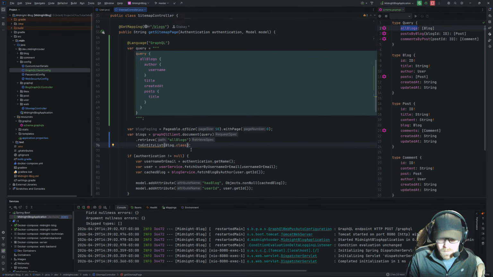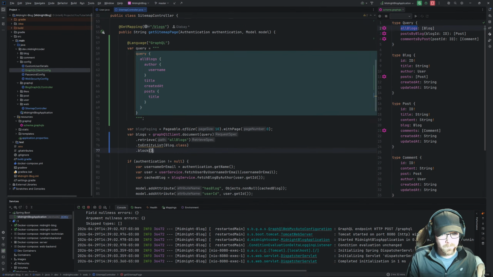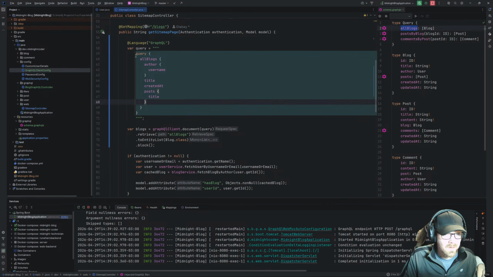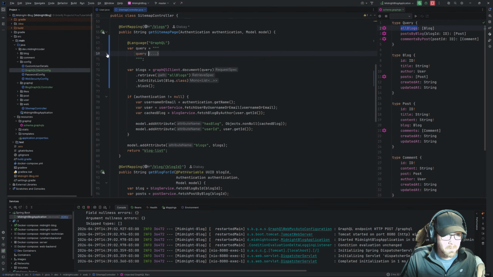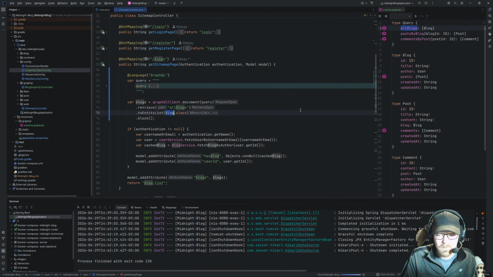And if we... Next, we just need to block. And that will retrieve our list. So now we can close this out. That looks a little bit better. This query, I'm just going to minimize it. So now, as you can see, we're using our graph client to reach out and get a blog. So now if we rerun this,